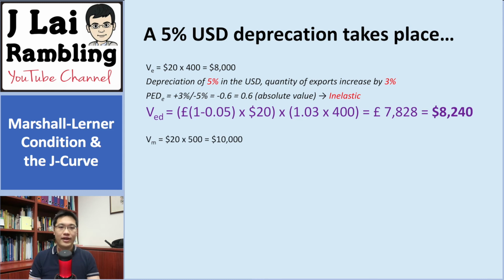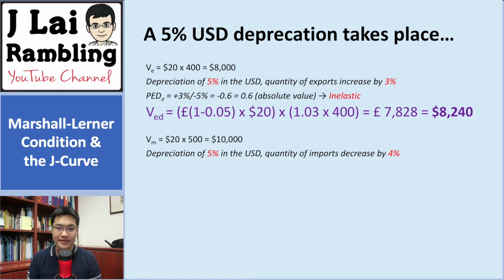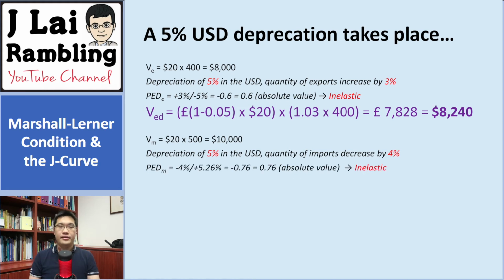And now let's take a look at this from the import perspective. Remember, the price here is $20 multiplied by 500, which gives you $10,000. Okay, this was the old value of imports. Again, there was a depreciation of 5% in the US dollars, and here I'm giving it to you. Quantity of imports has decreased by 4%. The price elasticity of imports is simply the negative 4% because the imports has gone down by 4% over